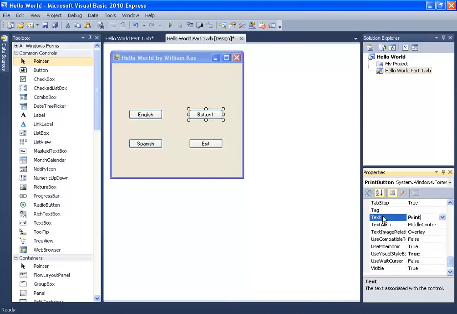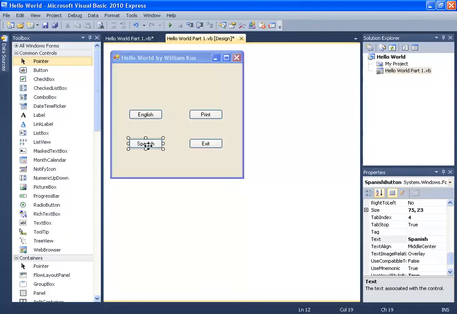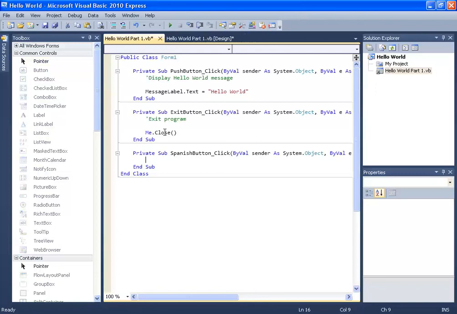So you have to really pay attention to what properties you're using and what thing you're giving the properties to. Make sure you have the correct thing selected, and then make sure you're changing the correct property down here, as you could just be on the form, which is this thing on the outside. So now English already has it. We want to give Spanish